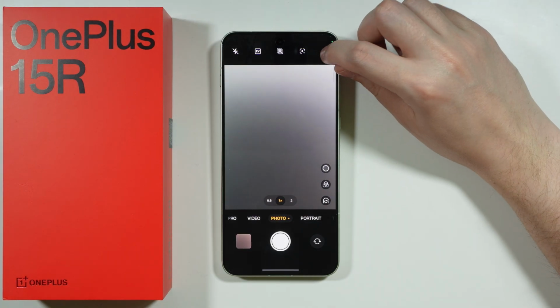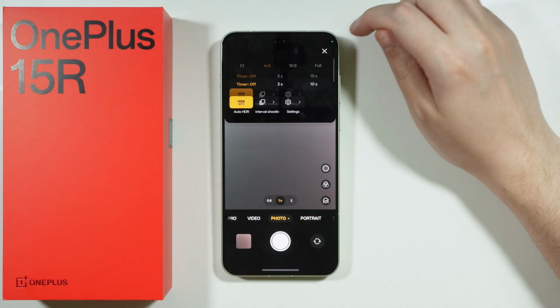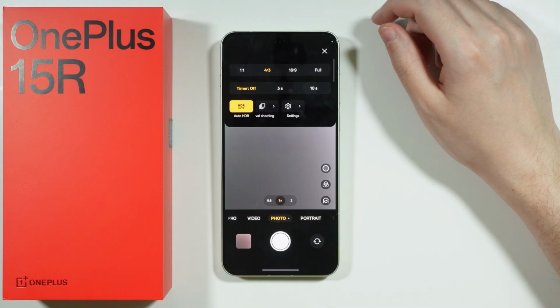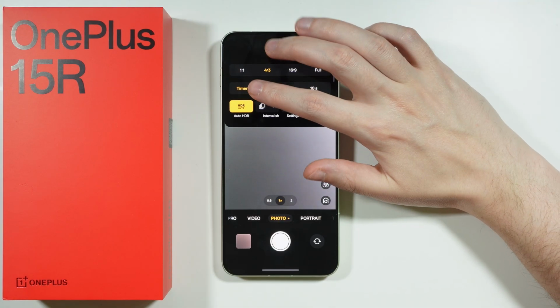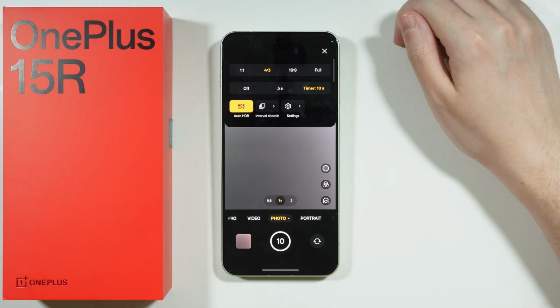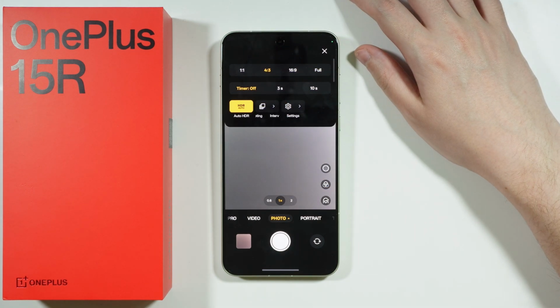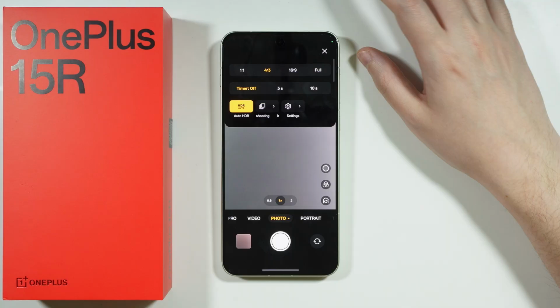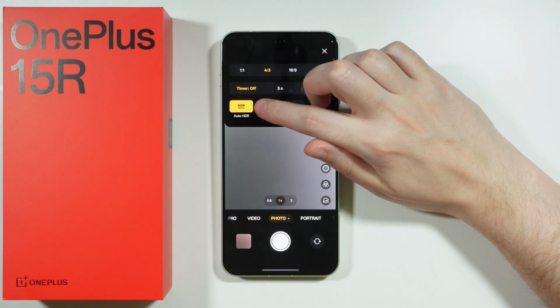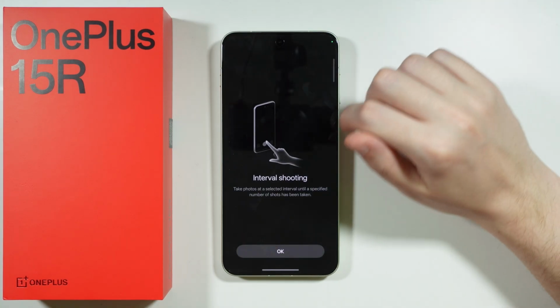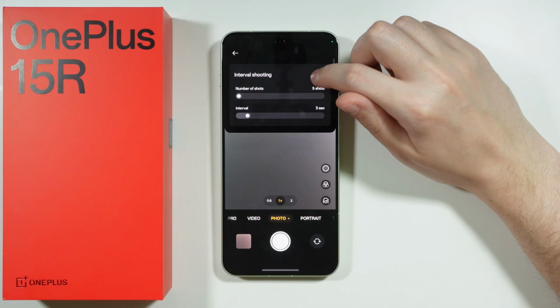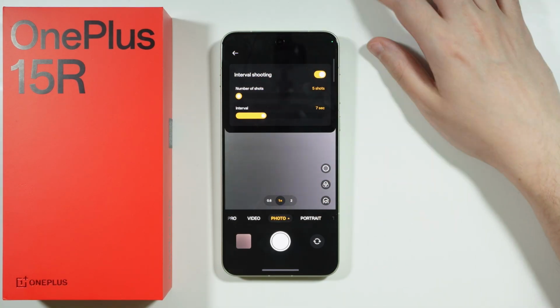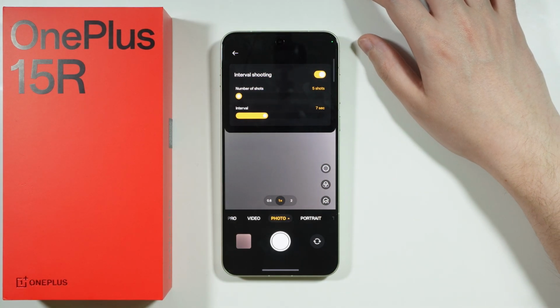If you're looking for a camera timer, then of course we can find it quite easily by tapping on these three lines in the upper right corner, and as you can see here we have 3 and 10 seconds of the camera timer. However, if you need more or maybe something in between, then in that case I can recommend using the interval shooting. The interval shooting allows you to choose the interval, so how many seconds have to pass before the next photo